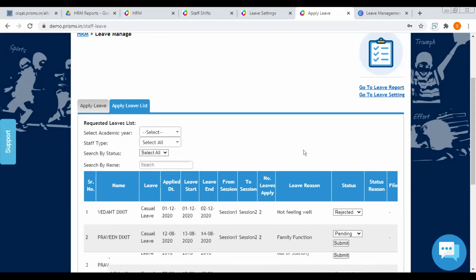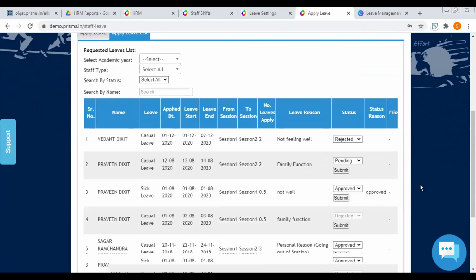Okay, so if no doubts, then we can move on to the third part, that is the reports.